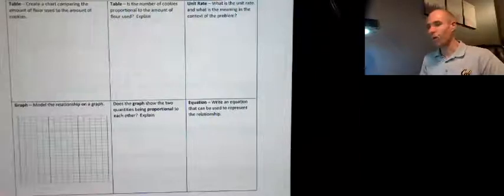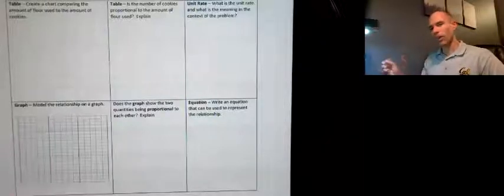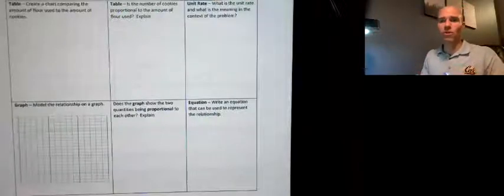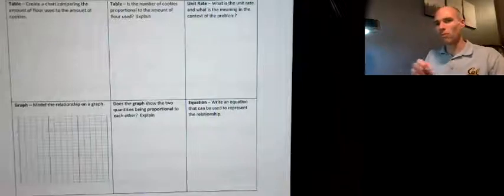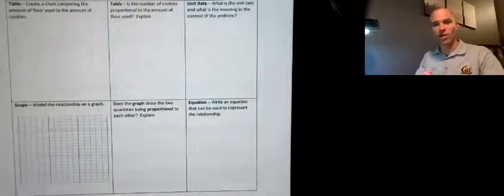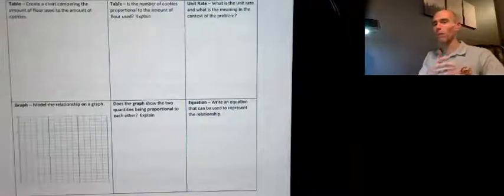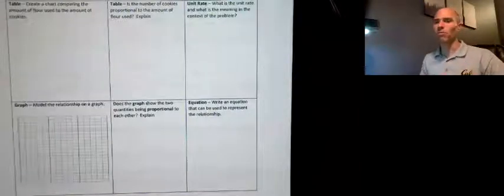Today's goal is to continue our look at graphing proportional relationships, but more importantly, we're looking ahead to a further goal, which is to be able to look at the various forms that we represent proportional relationships with, mainly being tables, graphs, and equations, and being able to move swiftly between them. If you see an equation, you should be able to build a table from it. And if you see a table, you should be able to make a graph from it. And if you see a graph, you should be able to turn that into an equation. We want to be flexible in our movement between all of these representations of these proportional relationships